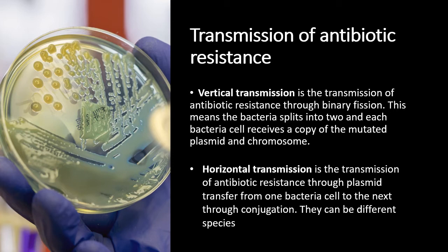You can also have horizontal transmission, and that is where there is a plasmid transfer from one bacteria to another bacteria, and we call that process through which that happens conjugation. Also, the interesting thing about this is that antibiotic resistance through horizontal transmission can actually happen between bacteria of different species. So you might be dealing with a bacillus species, for example, but you get to a point where you